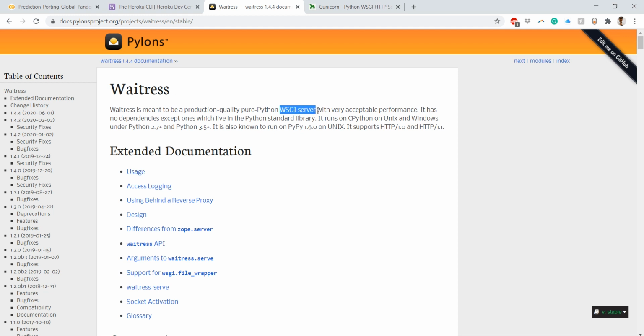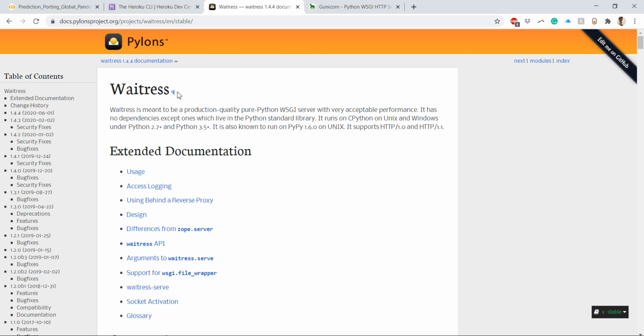WSGI stands for Web Server Gateway Interface, with very acceptable performance. It runs on the Python standard library, so you need not import or do any other interfacing. It runs on Unix as well as Windows, and this is the version. So make sure you are upgraded to any higher versions as mentioned here.